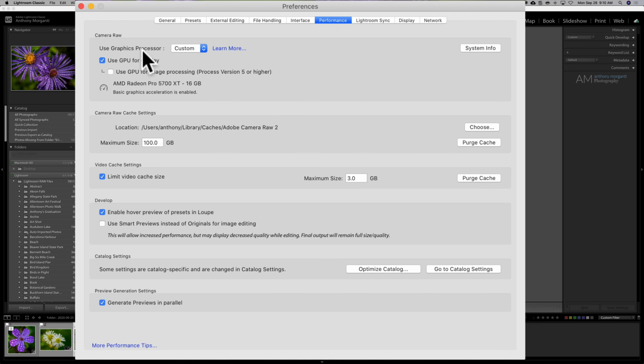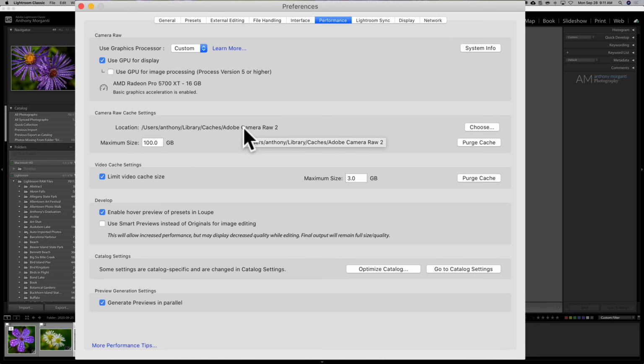Number 3, increase the cache size. Right below that, you could see that there's a folder that contains the cache. When Lightroom is doing various processes, it will write stuff to a cache folder and keep it there, and then it has to read stuff from that cache folder again later. So it might write something there, kind of saving it for later, and then it comes back to get it. If you have a smaller cache, it's always going to have to rewrite stuff because the stuff got deleted because the cache is smaller. And it takes time to keep rewriting stuff into the cache.